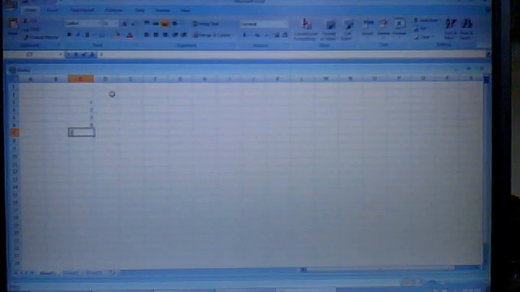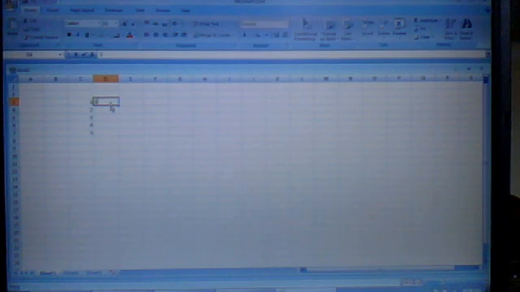So, alright, no equals. So let's say I type in the independent variable, which is always the left side. 1, 2, 3, 4, 5. Okay? Now, I type in the dependent variable, 5, 10,